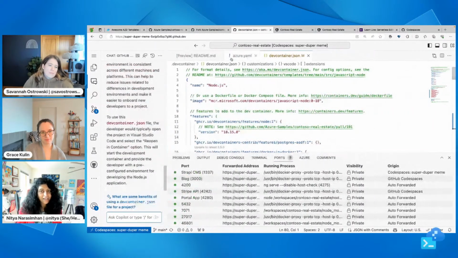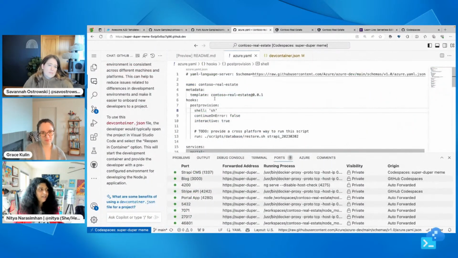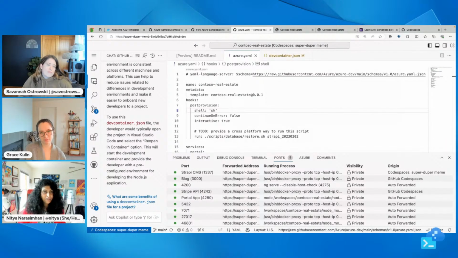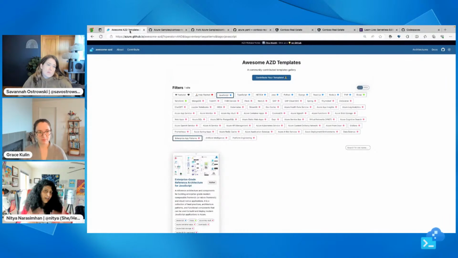I can actually ask it, hey, what exactly is this doing? And it will tell me. So anyway, long story short, I think we're trying to do three things with this. One is development environment. Codespaces makes sure that everyone in your team has the exact same environment. That's devcontainer.json. And Azure Developer CLI makes sure that everyone has the exact same deployment experience with your infrastructure as